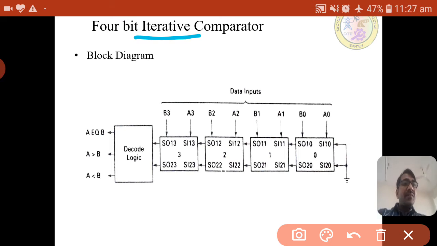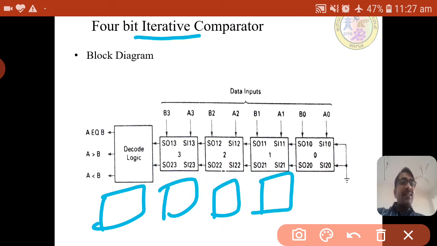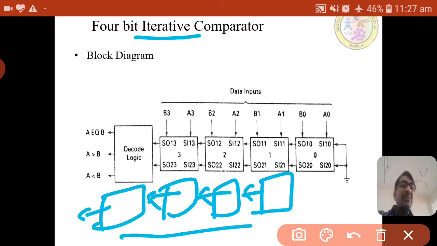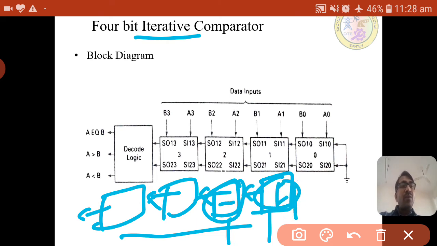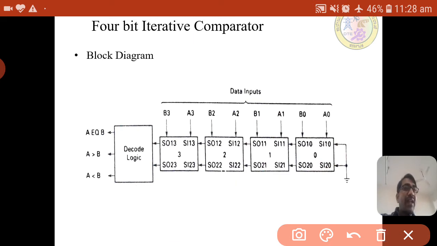In the previous topic, while seeing the cascaded full adder, we have seen 4 blocks of adders connected like this, the ripple carry adder. The carry is connected to the next block, again the carry is connected to the next block, and like this. This we call a cascaded full adder, and that is also called an iterative adder, meaning the same operation is repetitive. The same full adder, again the same full adder, but it is an iterative operation and it is sequential.